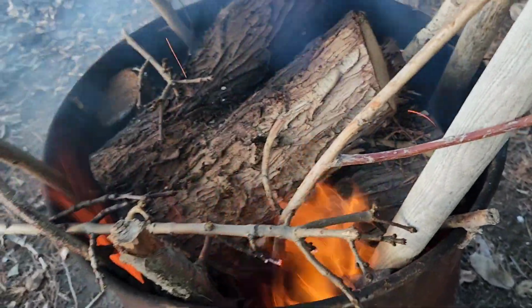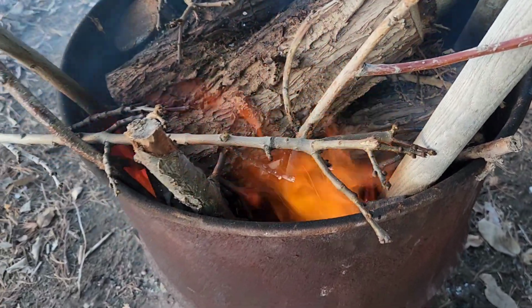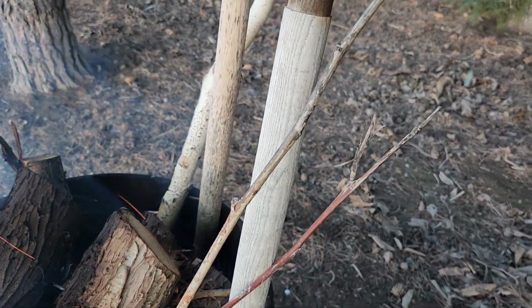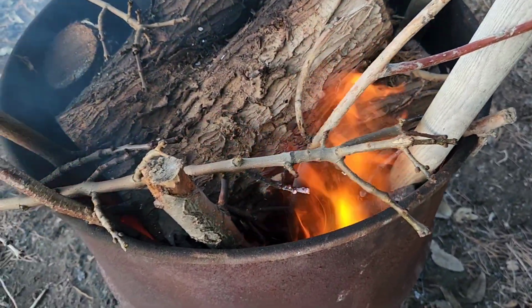Actually got this thing full of really big logs, and once that burns all night long, it's probably gonna take a good chunk out of that stump. And then all the broken handles, shovels and all that, I threw them in there too. So yep, looking